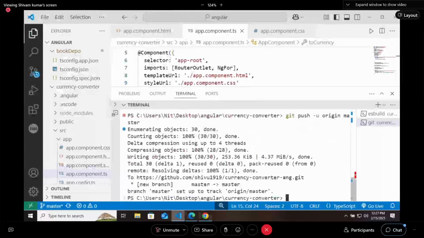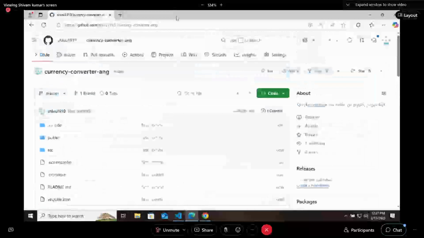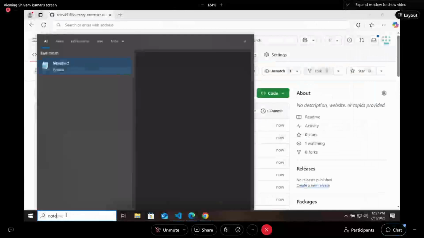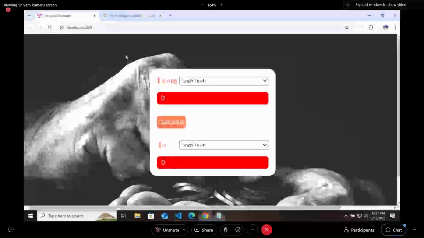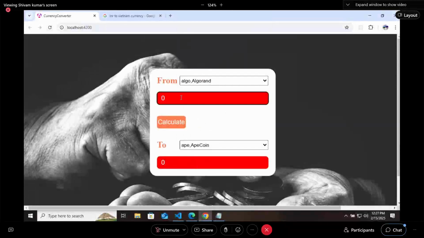Okay, so we got the project in this link. You can test it on any other currency as well, and it will work fine.